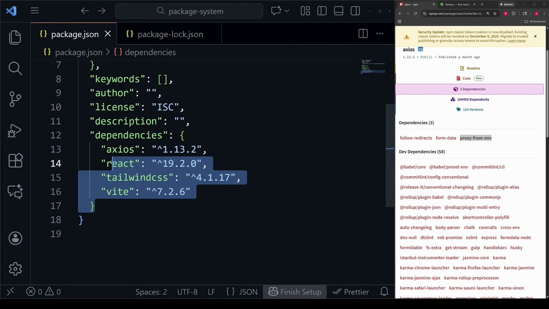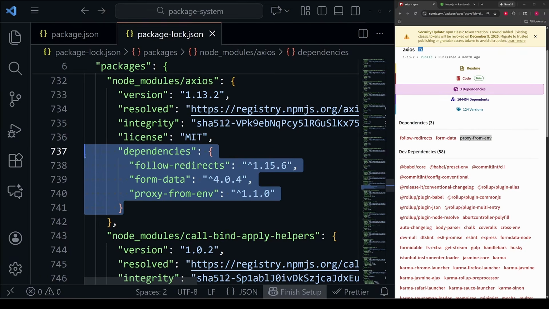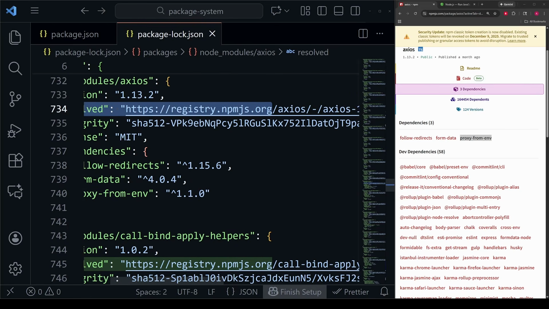So package.json has all of our major versions right here, and package-lock will actually go into the nitty-gritty and get all of our subpackages in that same format, just like this. The real important part of every single entry in package-lock is this resolved field right here. It's always going to be a URL. So you can see in this case, it's an HTTPS link linking to